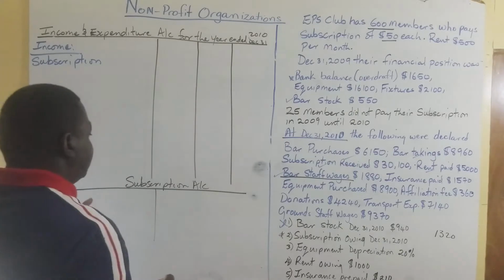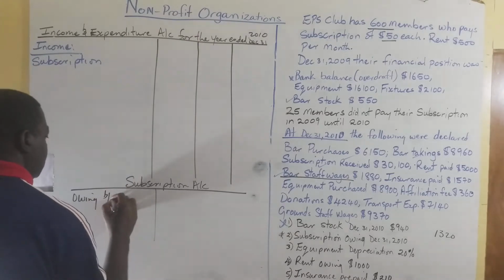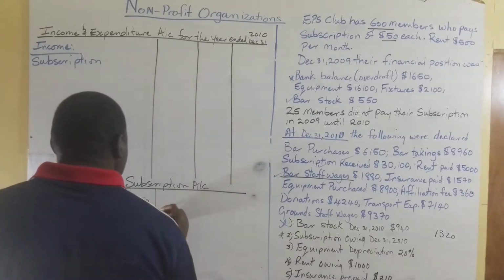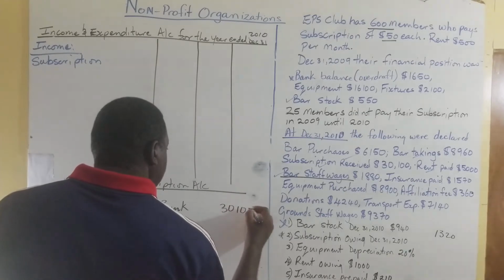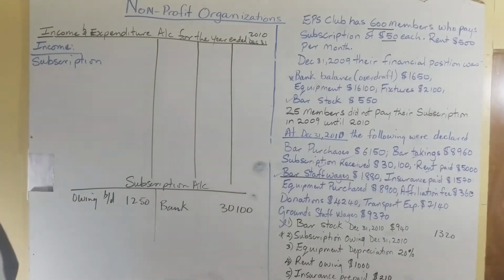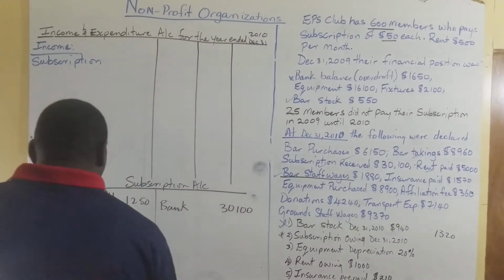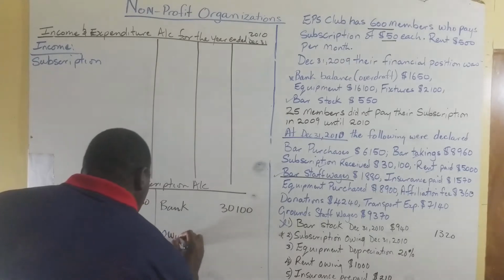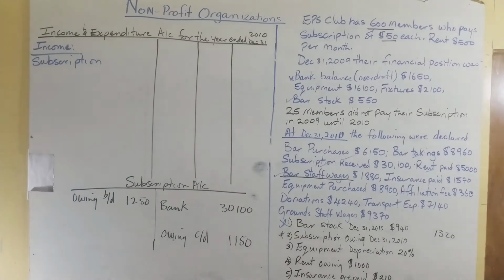And we had subscription owing. It's an asset, so we're going to have owing BD of 1250. The amount of money we received from the bank, you can record it, is 30100. Okay? They told us that some was owing, and we have just worked out the amount that was owing, CD of 1150. How much should go now to the income statement,